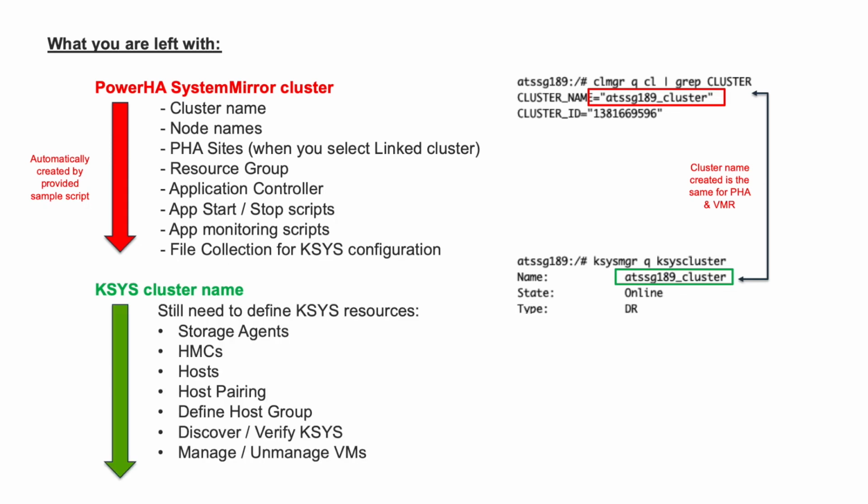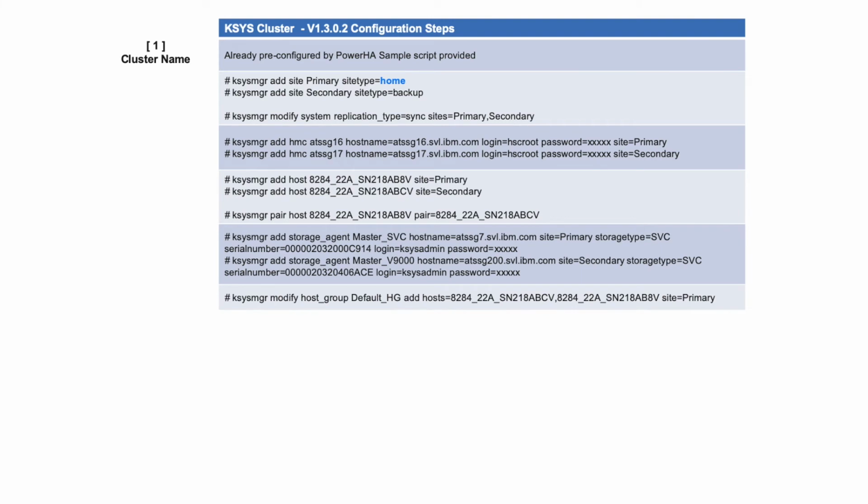And now what I do have to do is I still have to go ahead and proceed and go through the actual KSYS configurations. So I can start defining the storage agents, HMCs, hosts, define the host pairs. That piece is going to pretty much be up to me. And I can, I guess, opt to do it via one of the UI servers, or I can do it via CLI. What I elected to do is, rather than take you step by step and make the video much longer, I went ahead and I just gave you the Cliff Note version,